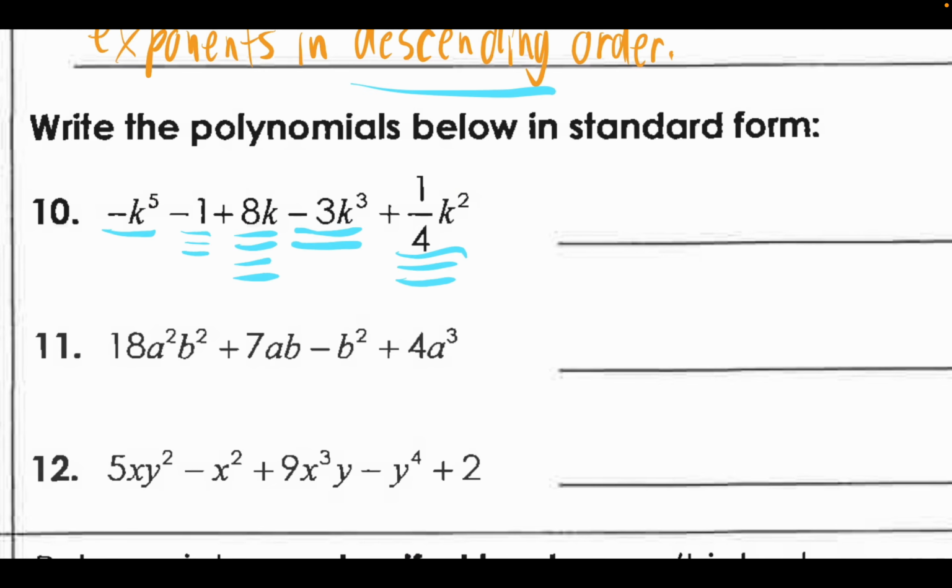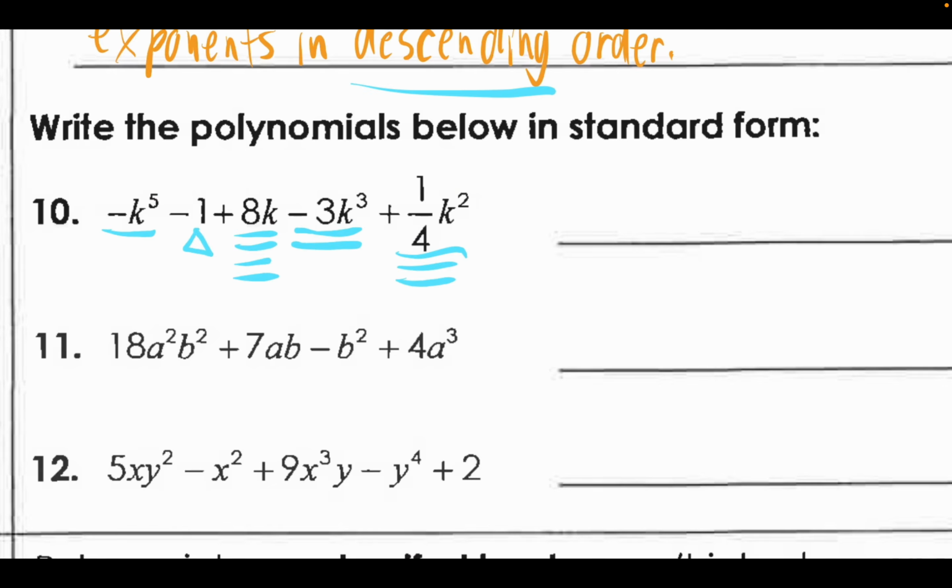So you could put 5 underlines here, or if that gets confusing for you, you could put some other shape like a triangle to signify it's the last one, a square, or a circle, just to showcase that's over. So sometimes I do a triangle under my last one, just so that way I don't get confused with too many underlines. This underlining thing is not something you're required to do. It's just an organizational method to help some of us, and I highly encourage that you do it if you find yourself mixing up the order of any of these or losing track of a term or two as you